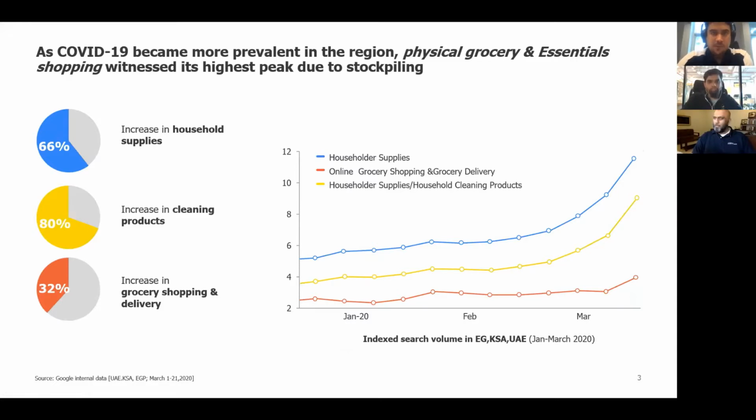Okay, on this one, we'll quickly run through the next 2-3 slides. We will not spend much time on these. We would love to spend more time when we come to the second part, on how Noon reacted to it. This is more of an index of search volumes of which categories saw a peak in search. So for example, the number one category which saw a peak is household supplies, and household supplies